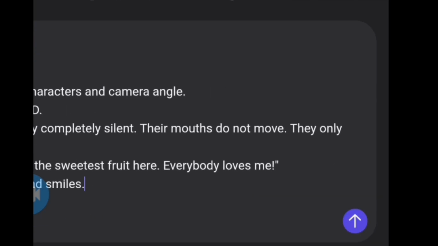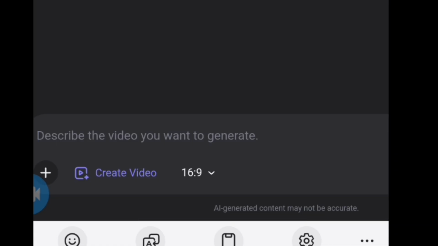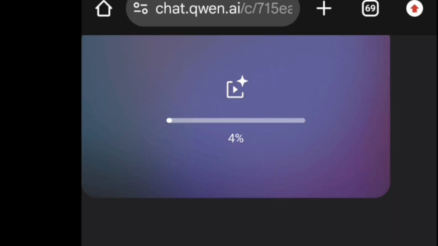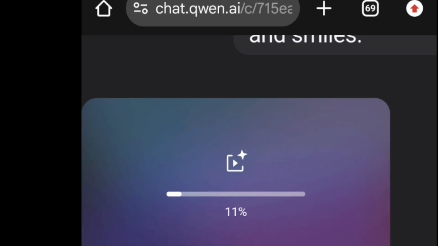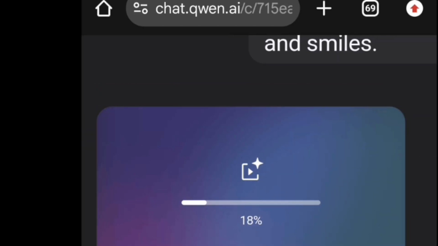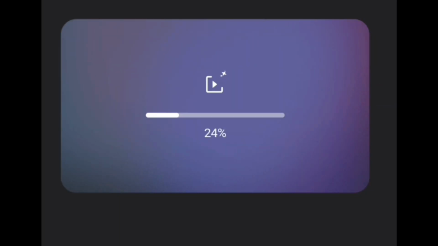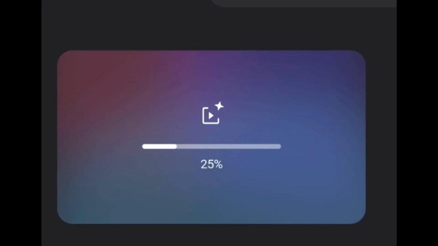Okay, if I tap on send and wait for it to load. Okay, so it is loading. It takes about 25 seconds thereabout to load. So let's see what the outcome is going to be. Okay, and I think we are here. Okay, so please make sure to always check properly all you've input before you send.